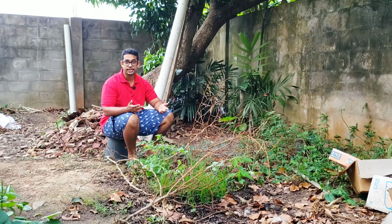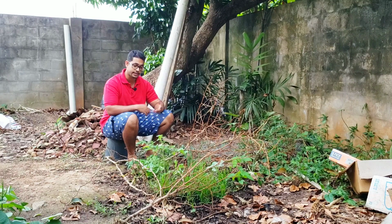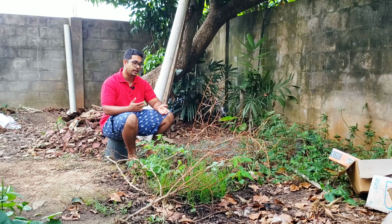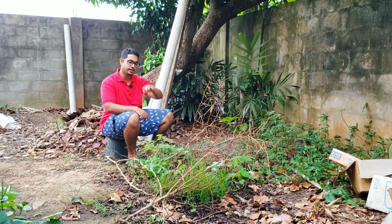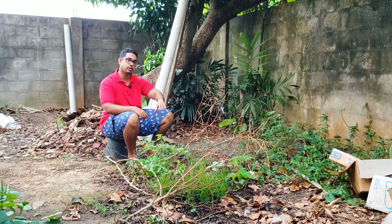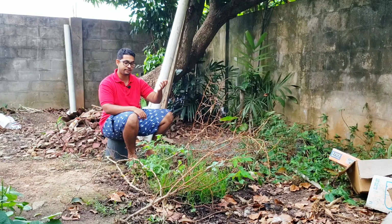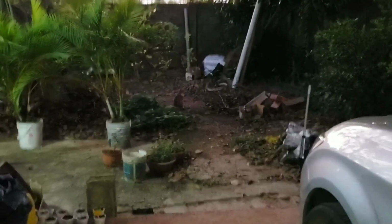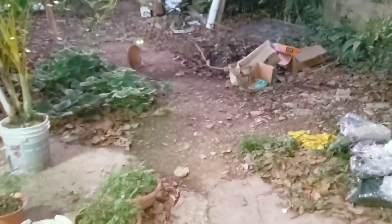And now last but not least, an update on the Nordic garden that I told you all I was starting right here as an experiment. I got some things to work. The problem that I hadn't anticipated, and the reason for all of this debris around here, is that because it's so low down and because it's pure compost that I'm using here, the cats in the neighborhood found that it was a really good litter box. And I don't know why, I don't know if this is a thing with cats, but they were really fond of